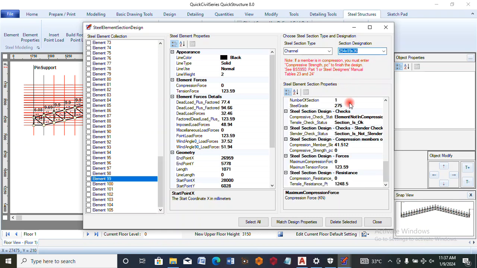This was the section I used. You can see that section is okay. Slenderness check. Section is not slender. So once an element is in tension, the software will automatically do the calculation for you, and you don't need